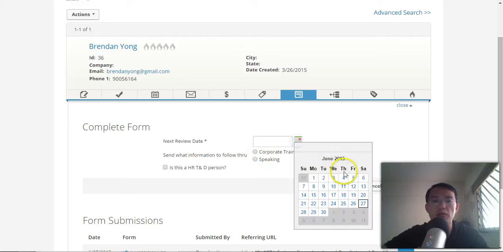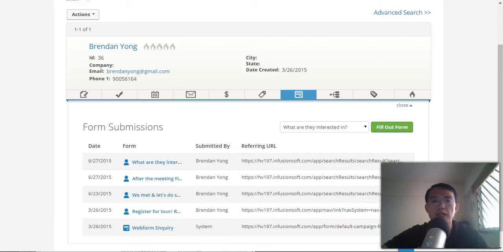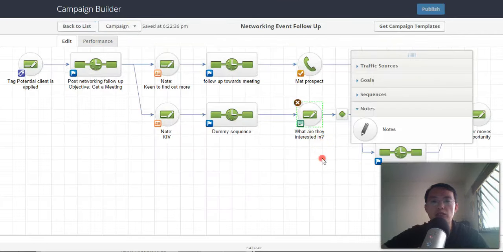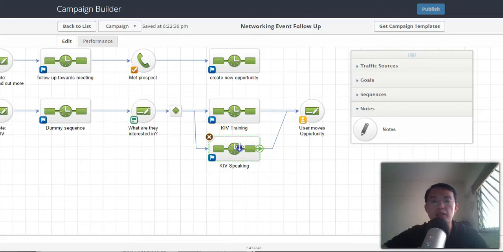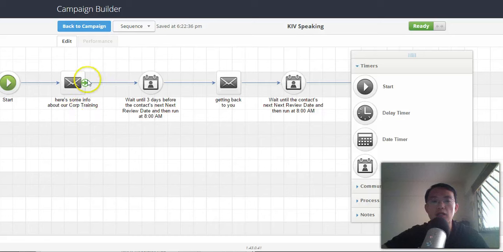So let's say I'm following up sometime in August, and let's say I want to follow up August 12th, right? And I want them to receive information about speaking engagement. Save, right? And that will trigger off the subsequent actions. That is the speaking engagement. They'll send them the email about the corporate speaking. That's why you should always do some relabeling,